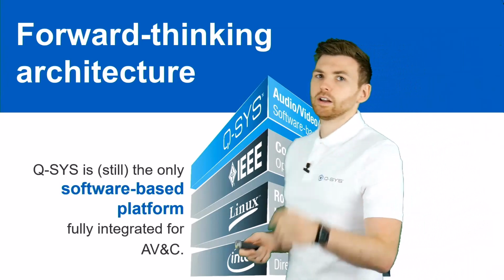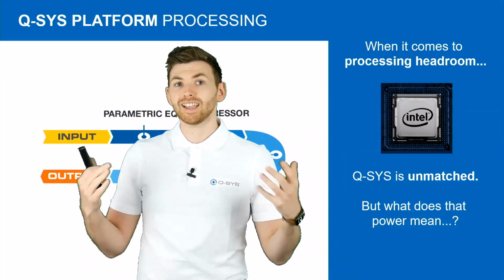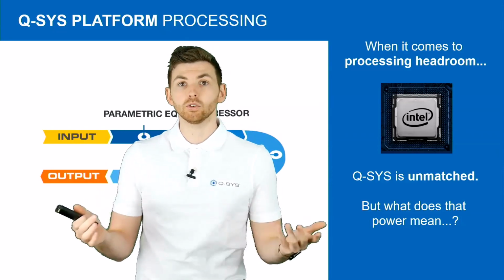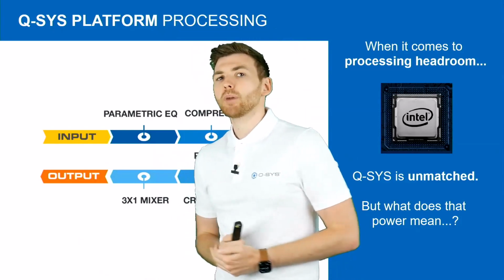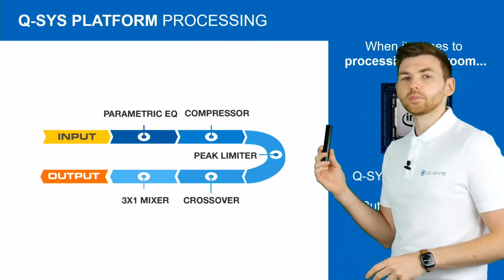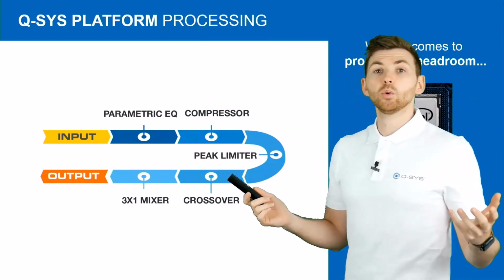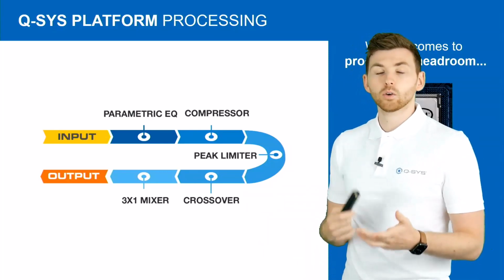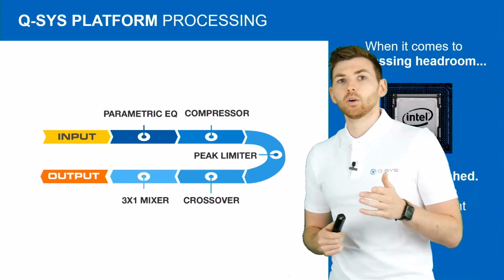Let's talk about power first, okay? Because when we have these Intel processors, it does mean that the amount of processing headroom, the amount of processing power that you have with Q-SYS is genuinely unmatched compared to other similar products out there. Now, it's kind of hard to quantify this, but we had a go, okay? So we took this signal chain. This is an audio signal chain. Of course, very straightforward. EQ, compressor, limiter, crossover, mixer. You could run that on any audio product, right? So we just copied and pasted that. We said, how many times can we run that audio path before the processor runs out of juice? And it turns out that you can do that